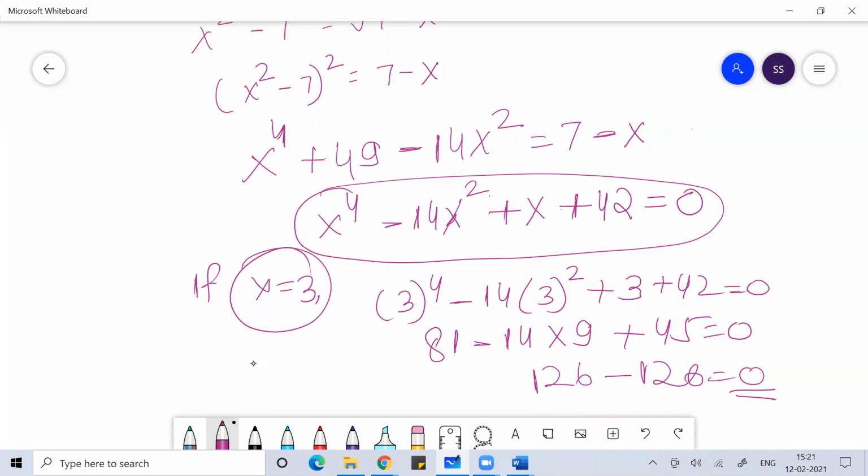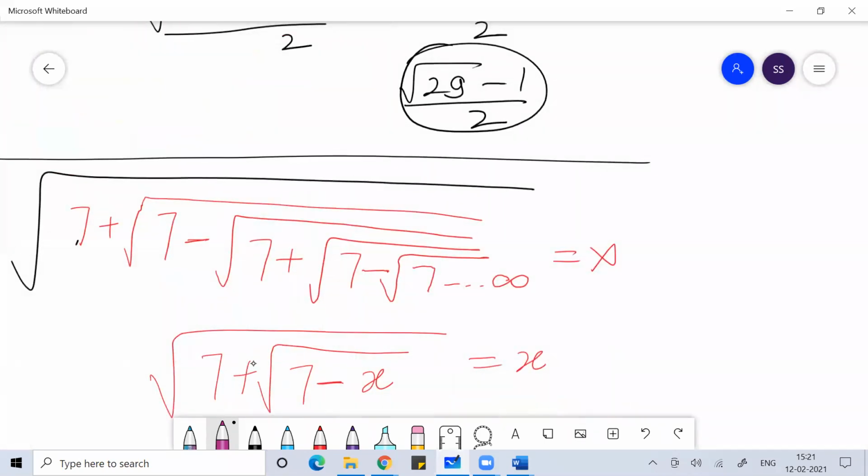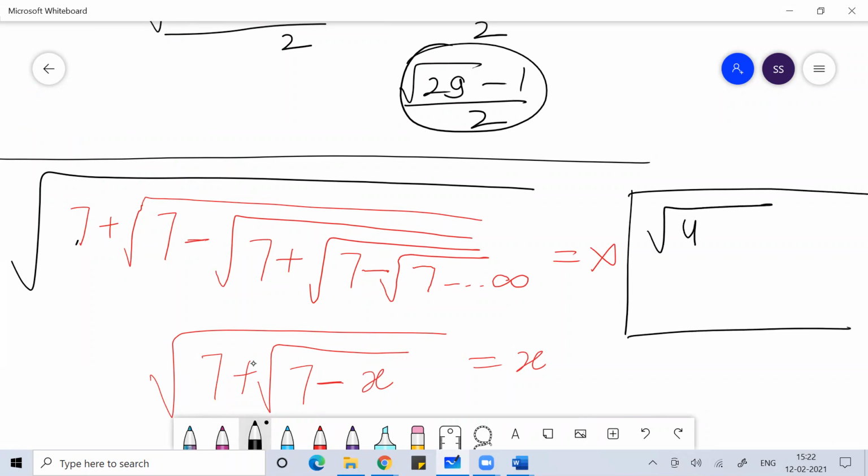Now this is one way, but it becomes so complicated to do this. So I'm not going into it; you can do it this way, otherwise a shortcut formula is there. What is the shortcut formula? Your shortcut formula is root of 4a minus 3, plus minus 1, by 2. This is your shortcut formula: root of 4a minus 3 plus minus 1 by 2.